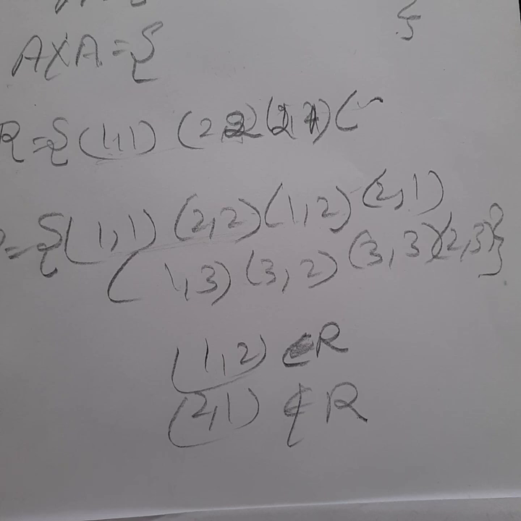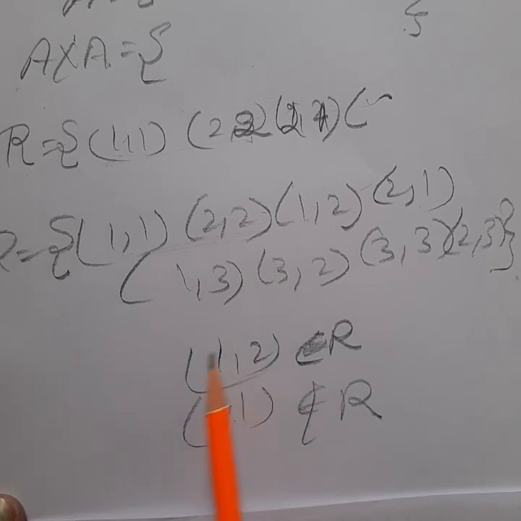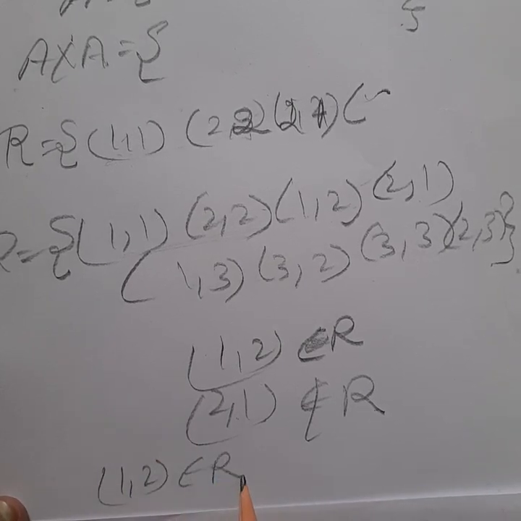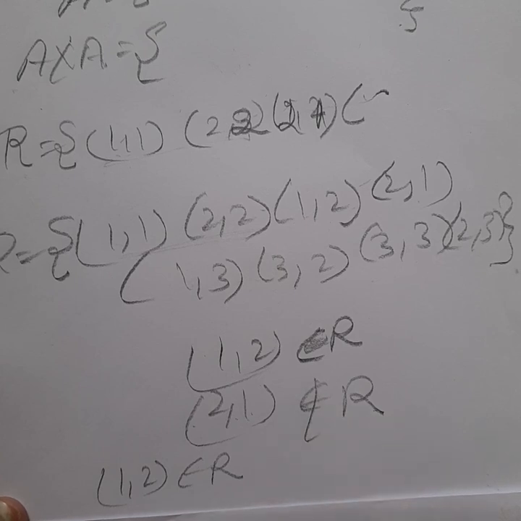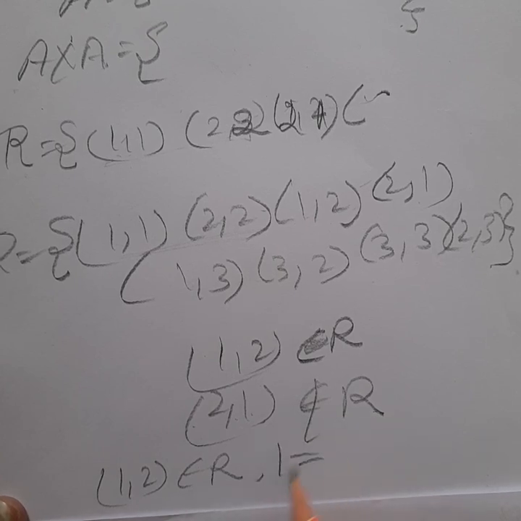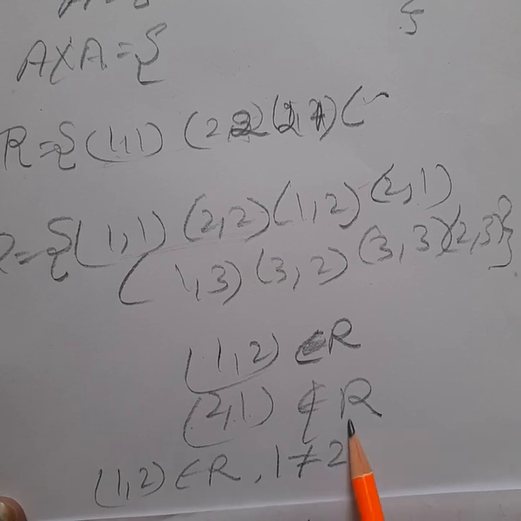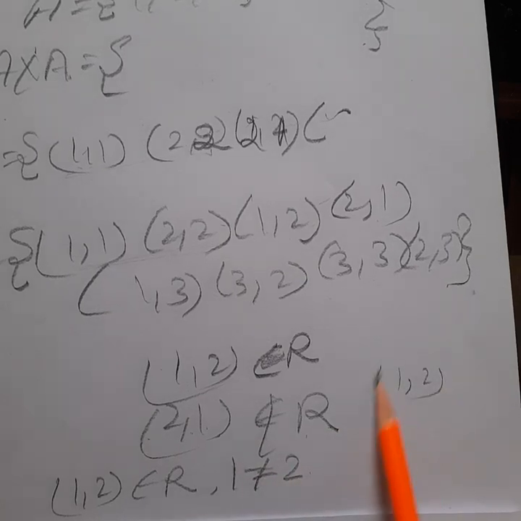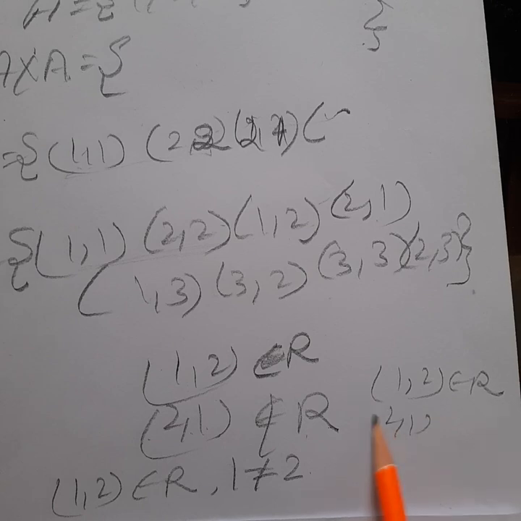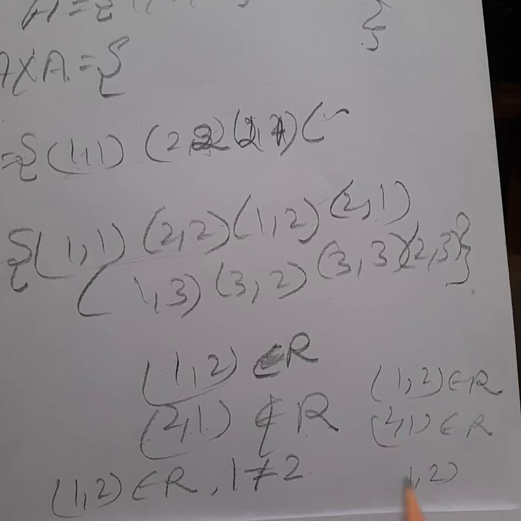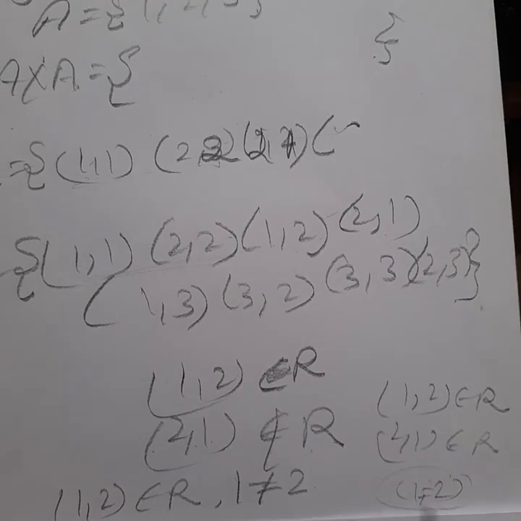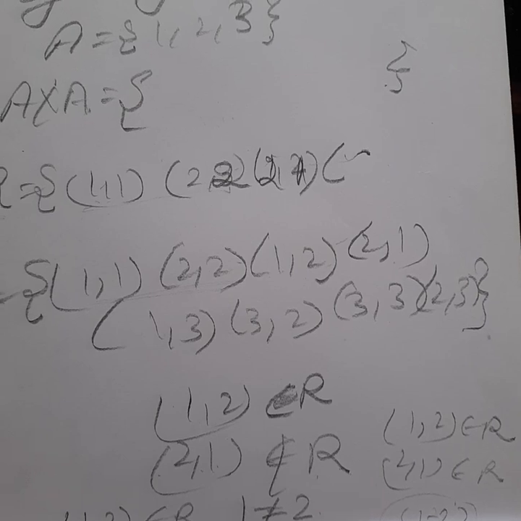Sometimes we have any other property, like antisymmetric. Antisymmetric is that property which is actually the reverse process. Meaning if (1,2) belongs to R and (2,1) does not belong to R, okay, then 1 is not equal to 2. This is antisymmetric. Or you can say that if (1,2) belongs to R and (2,1) also belongs to R, then 1 and 2 must be equal. But this is not properly true in our questions, and we will discuss this property in detail in my next videos. Thank you so much.